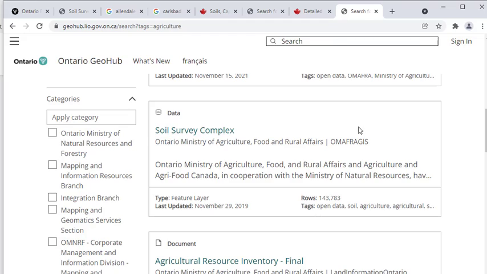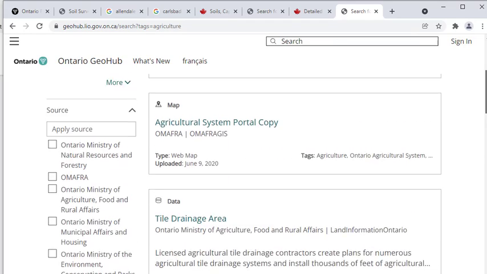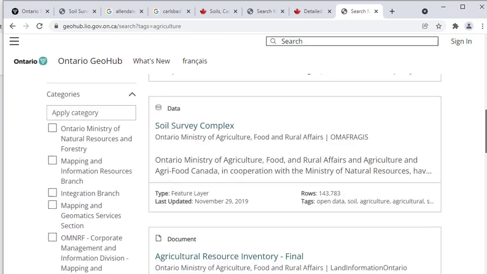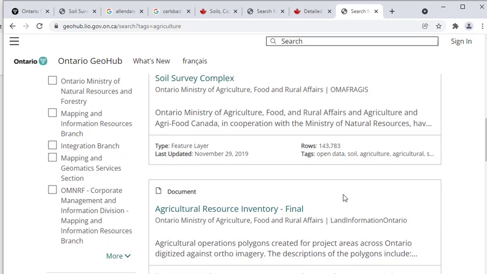So here, in addition to these two, there are other maps. For example, the agricultural resource inventory just has land use type description. There's a 1983 one. You can see Blackburn was mostly an agricultural area then. And you also get a recent one.